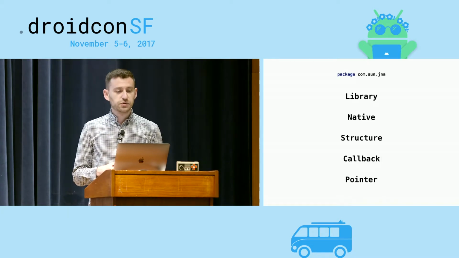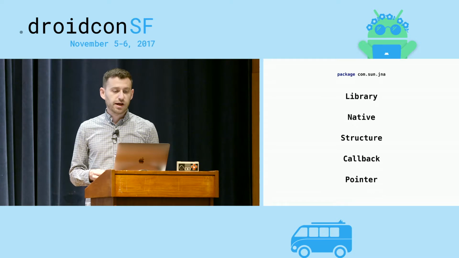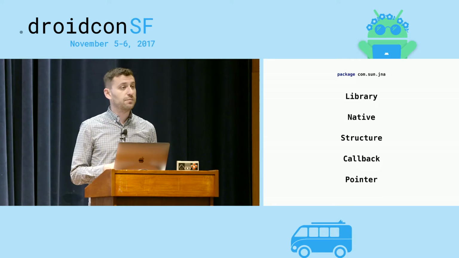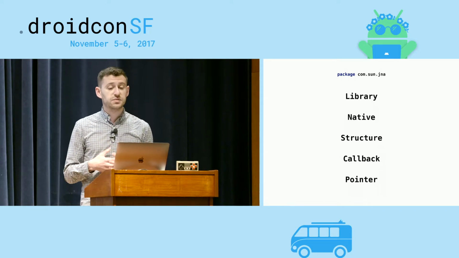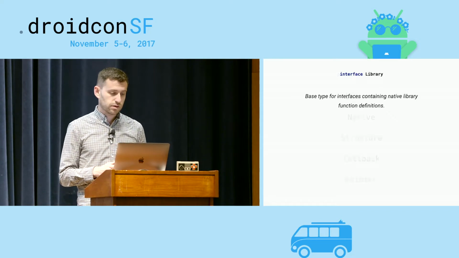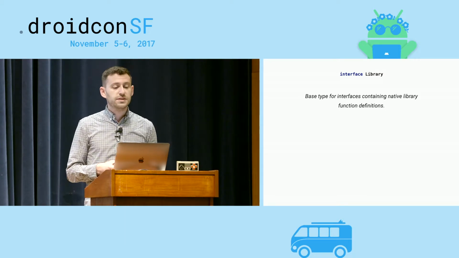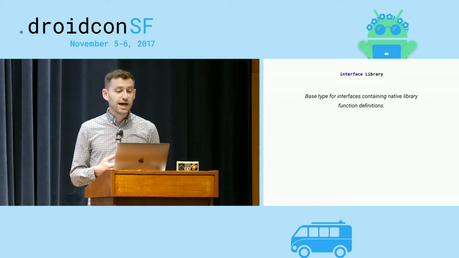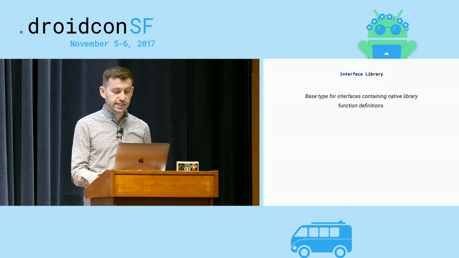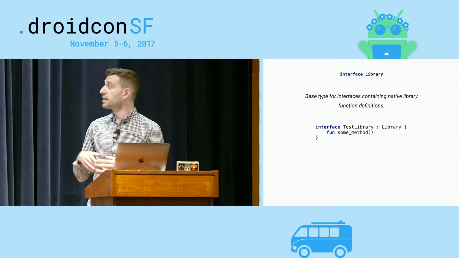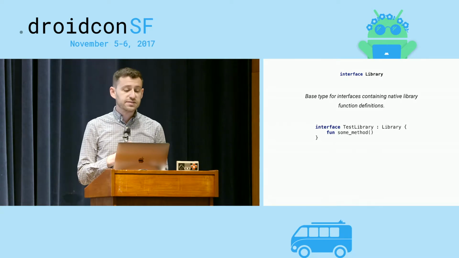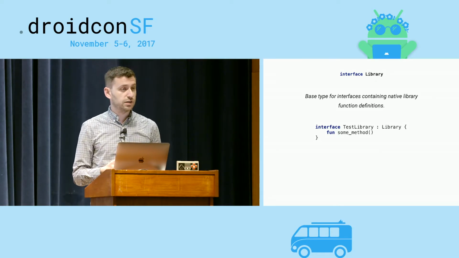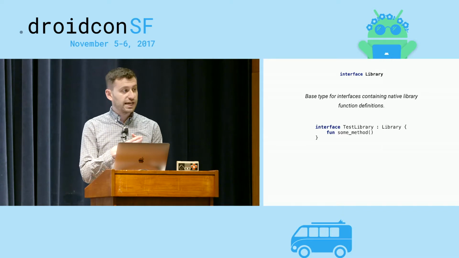So digging in to the JNA library, I found that it's actually pretty big and pretty complicated. But the good news is there's only a few types that really matter for this project today. The first is called Library. This is a base type for an interface that contains all the definitions for your native library. So what this looks like is an interface that extends from Library, and you list all of your native functions here. And this is done instead of using the external keyword for JNI in Kotlin or the